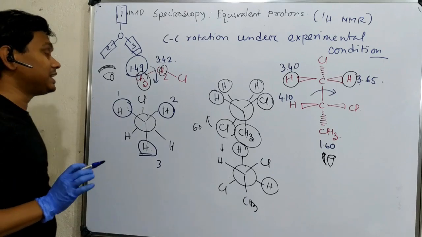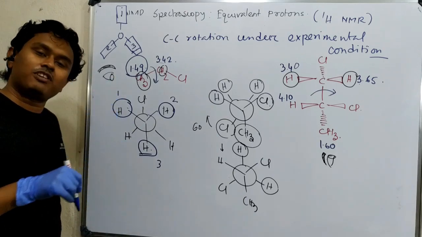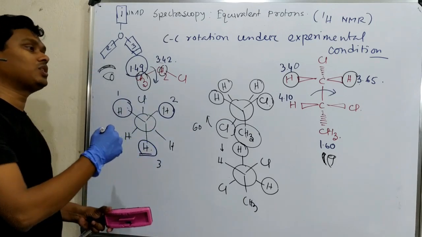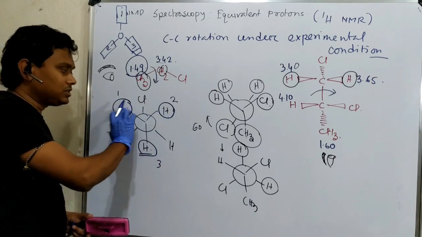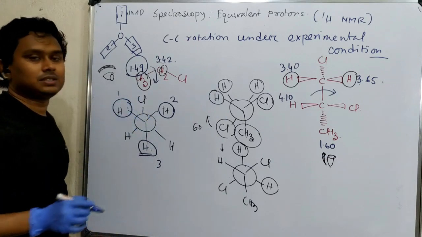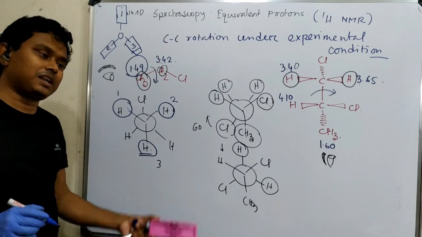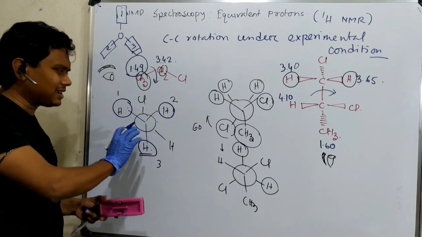But in the case of a molecule, there is some difference. Whatever temperature you reduce to, if the rotation is still fast at that temperature, then you will not be able to see it. Actually, that is what is happening here. So this rotation you can't restrict, that's why you can't see this. But logically, if you go to a very low temperature, hypothetically, you may see it, but I do not have any information regarding that. So under normal condition, you can't.